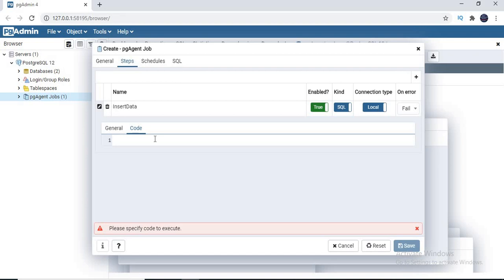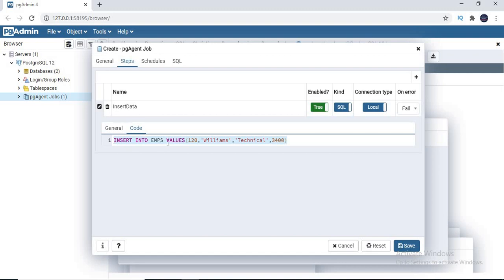So as I said, I want to insert the data into the EMPS table through a job. So insert into, same query, I am writing EMPS values. Here I am going to write the value as 120, comma, name as Williams. Next one is department, right? So technical. Next one is salary of around 3,400 I am keeping. So this is my SQL code which I am planning to execute when I run this job.